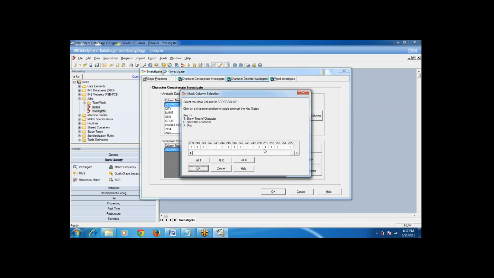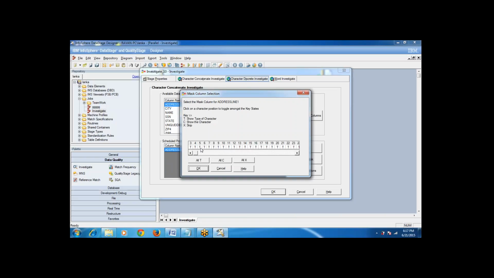Whether you get the actual 255 characters or 40 characters doesn't matter; it depends on the length you have defined in the metadata. You may get 20 or 10 characters in the actual data, but I have defined the metadata as 255 for this address line one, so that is the reason you're seeing 255 there.